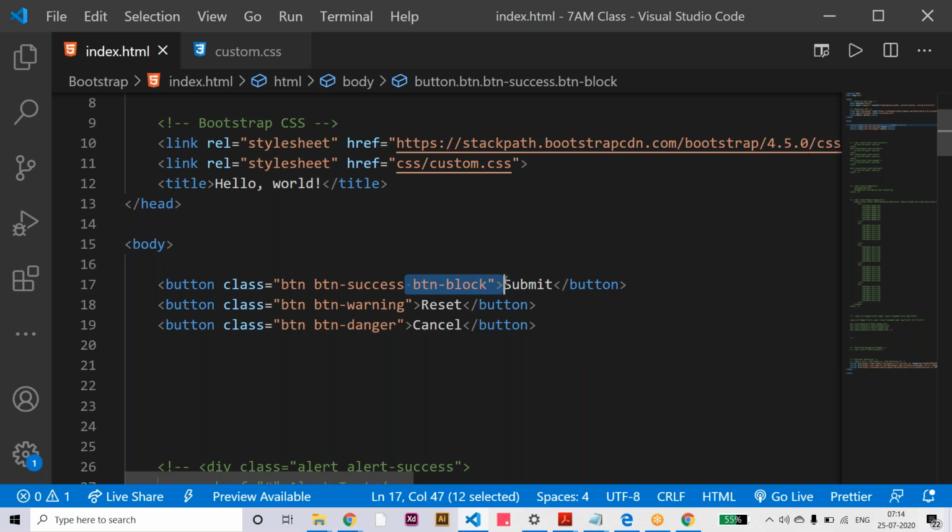You can say justify buttons also. Okay, so same way, suppose when applying the form and the user is submitting some form, let's say here we can say submit disable. Yeah, the disable class also we have here.